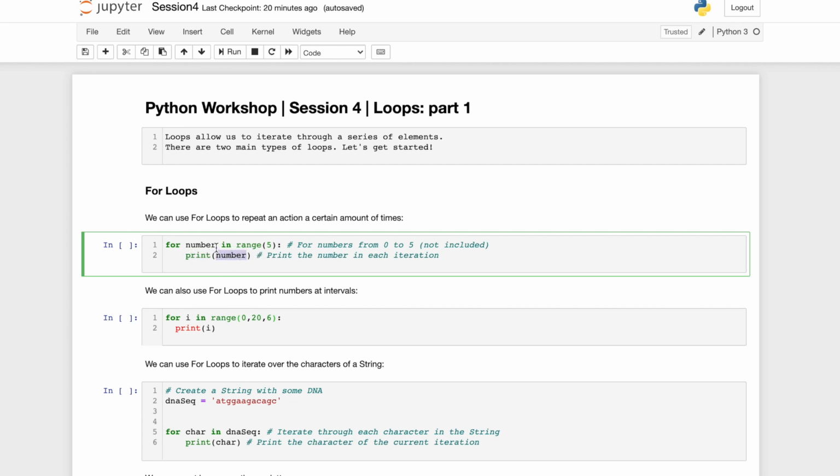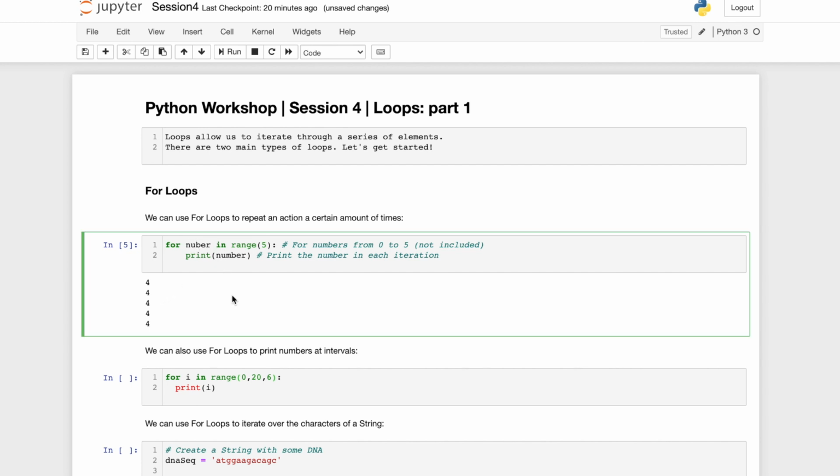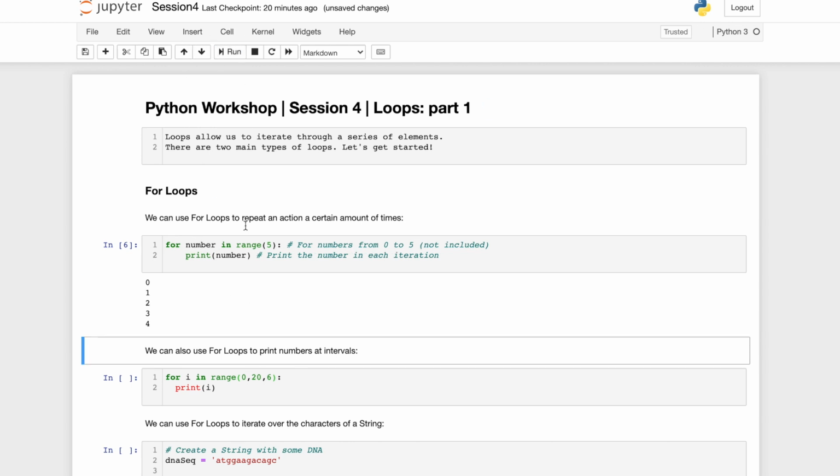This number here is the same variable as we defined here. So as I said, as long as you keep the same name, it's okay. Let's say I remove the M here, that's gonna be okay. But if I keep it this way, it's not going to work. It's not going to work as it should. You see, 4 4 4 4 4 4. That's not good. But if I were to change this back to number and I hit run,